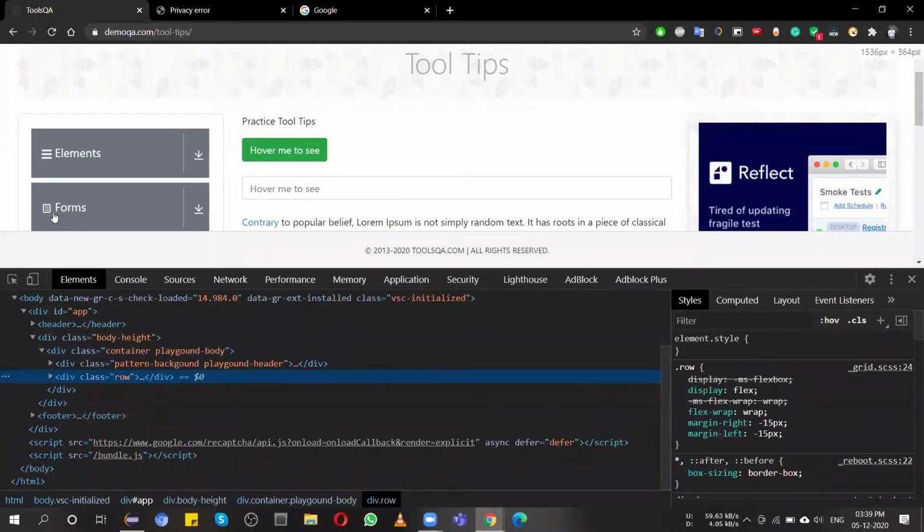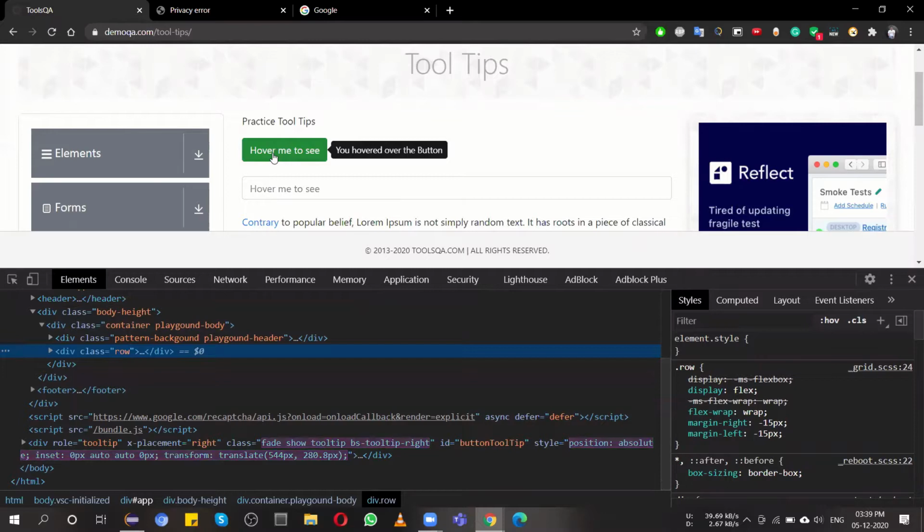But sometimes it actually gets embedded inside a script which is executed only when you mouse over. So that naturally didn't give the answer for every sort of scenario for tooltip handling.